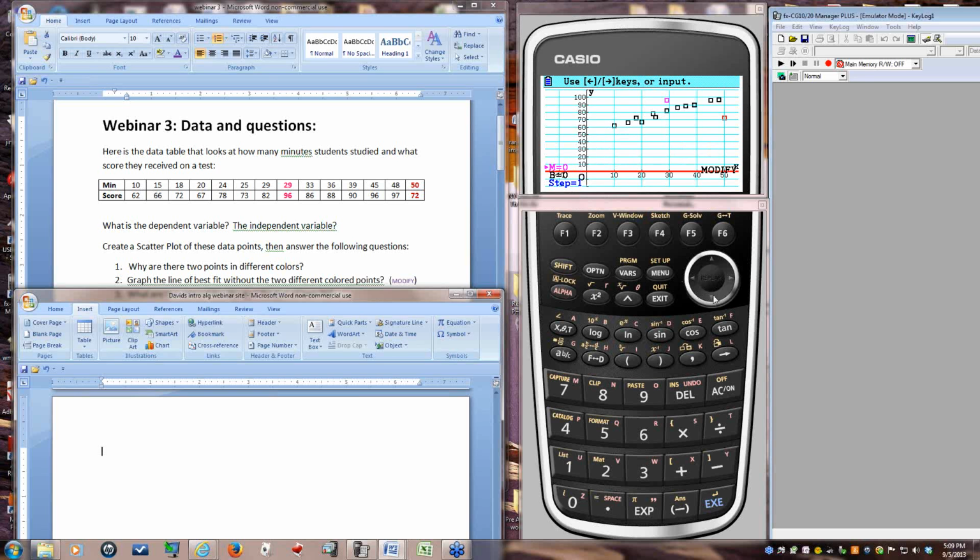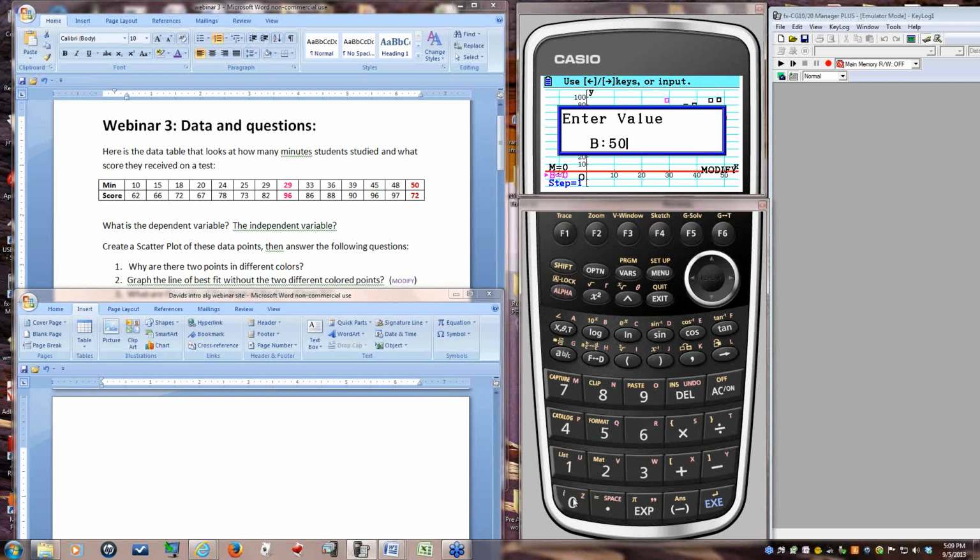So in a line like this one, I work with teachers and students and say it's really easier to figure out the intercept first. So let's say somebody's going to guess 50 for the intercept. So all I've done is entered 50. And just like in trace, when you enter a value, if you have not used modify before, it sets up whatever variable you've got listed and it looks just like it does for trace. So I'm going to hit execute, and that's going to do two things.